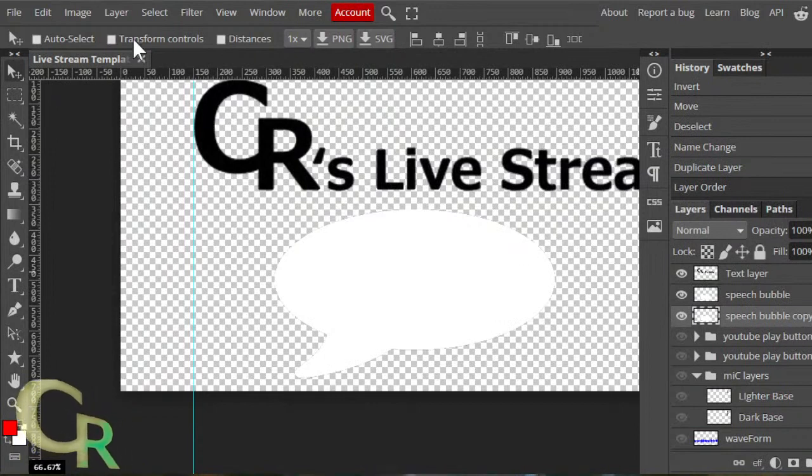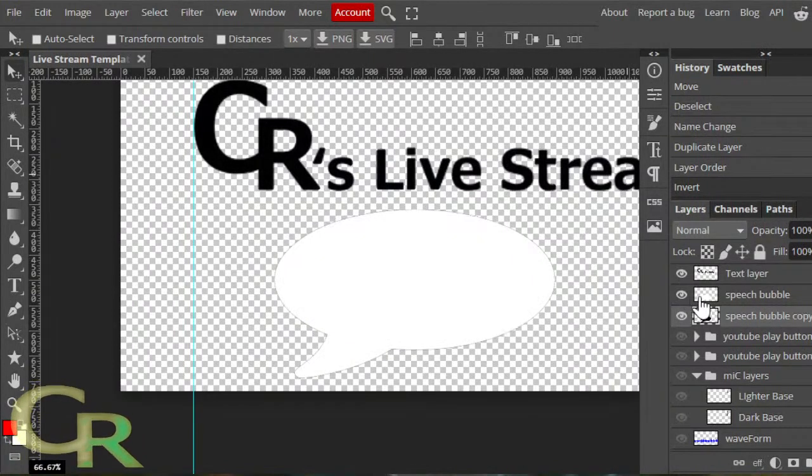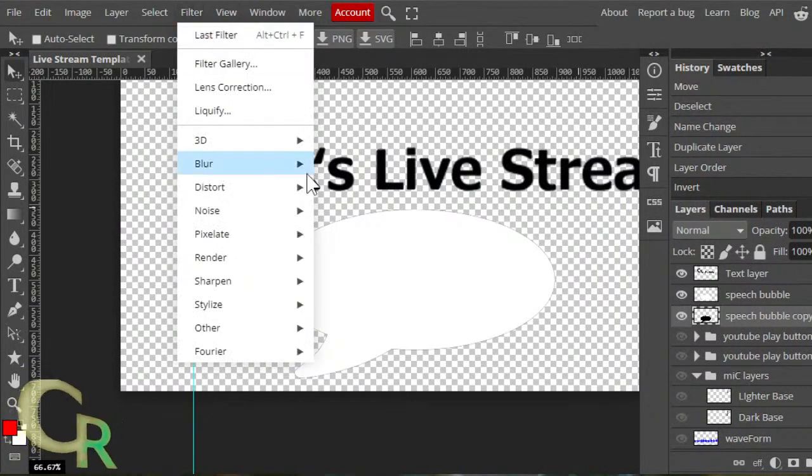So the same thing again. Copy with the copy layer down. That shows the original one. Select my speech bubbles. Copy. Since it's white, I can invert it to black by pressing Control I. Because it's selected, that would be a darker color. What I'll do here is show again the white one. Make sure I select the copy.